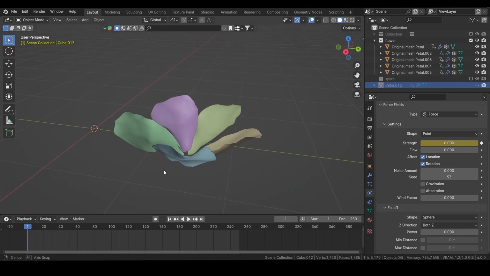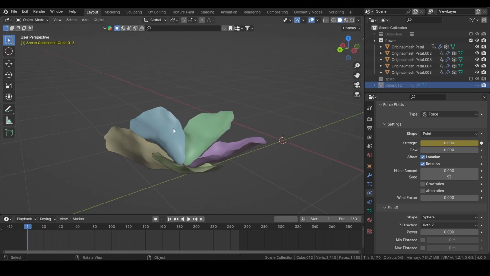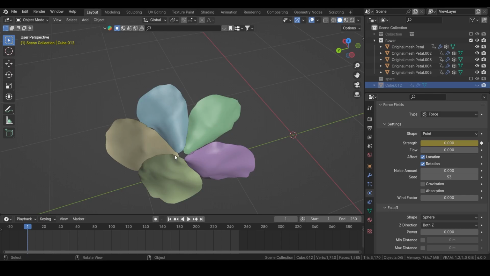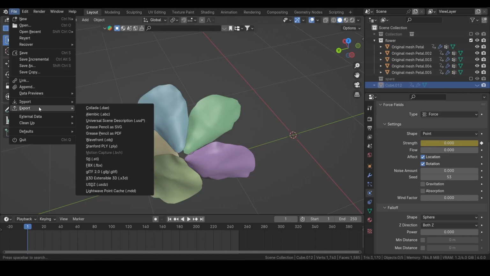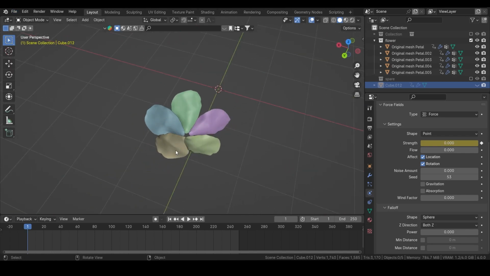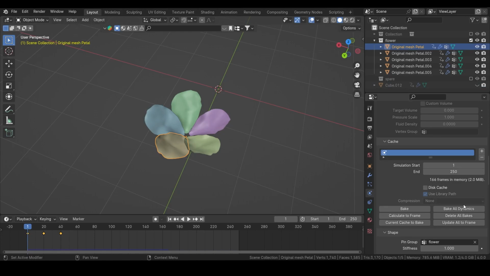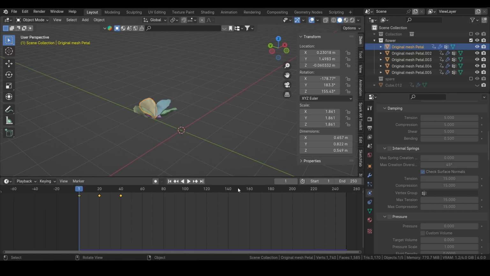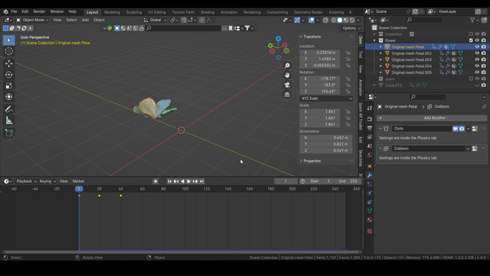So when this is done, it's time to export the petals and re-import them as shape keys, and we're going to be exporting them as lightweight point caches. So before we do that, select the first petal, go down and bake all dynamics. After baking all dynamics, we go to the modifiers tab and make sure there are no other modifiers, things like solidify, subdivision, and then we export